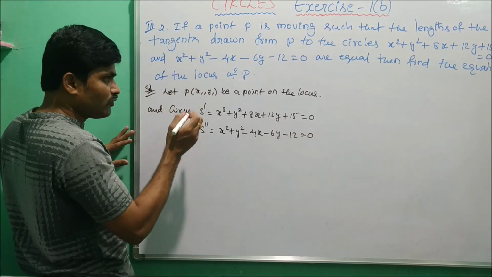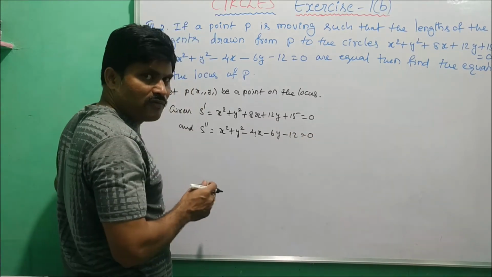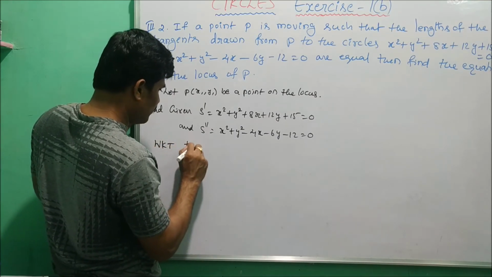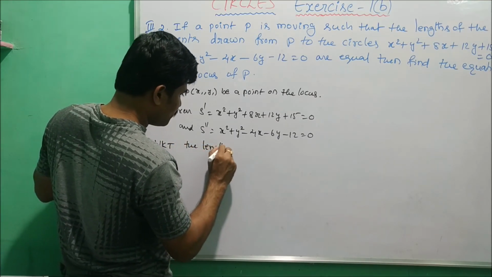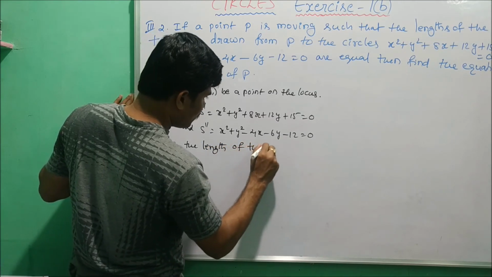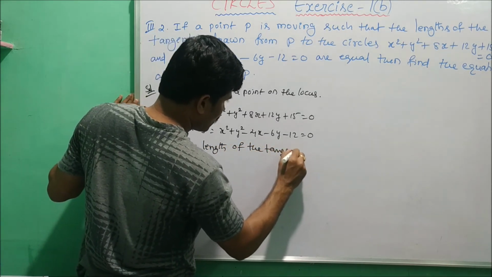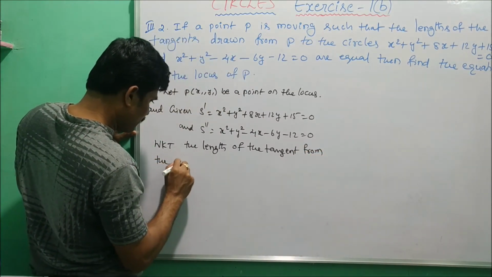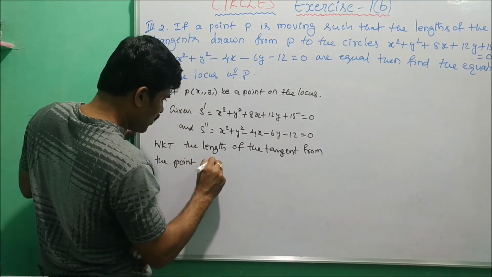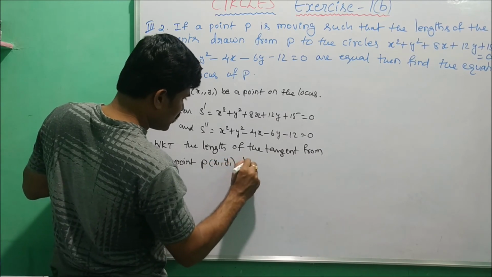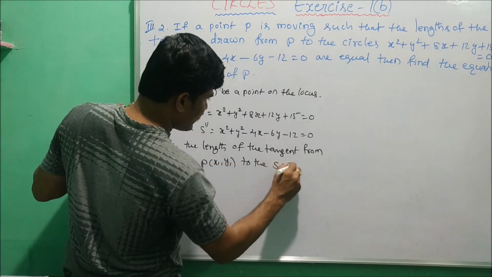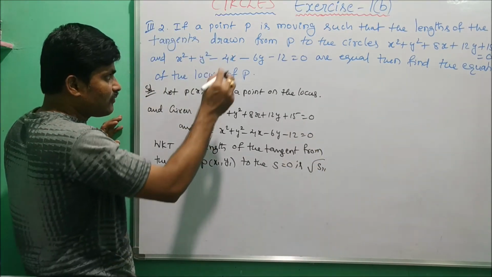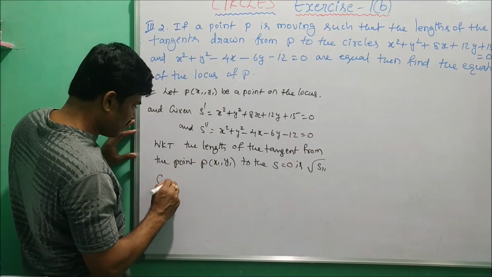Here also, using the formula for the length of the tangent, we know that the length of the tangent from the point P(x1, y1) to the circle s equals 0 is square root of s11. So the given condition is